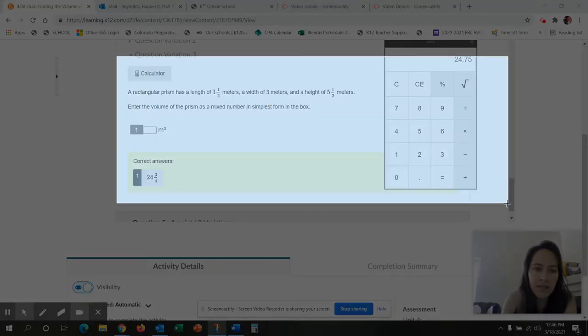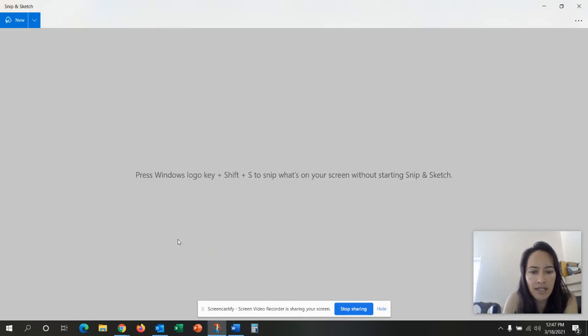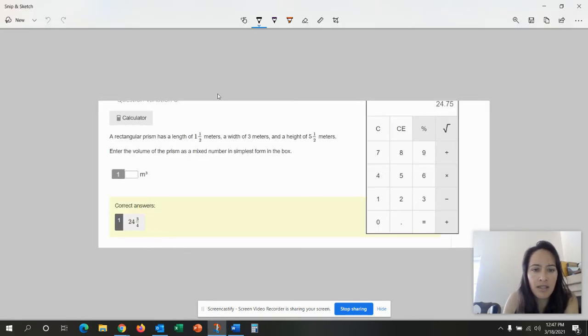I'm going to keep all of that on there. We're trying to get to 24 3/4. Same thing. We're going to do 1.5 times 3 meters times 5.5. We need to make this an improper fraction. 1.5 is the same as 3 halves. 1 whole and 1/2 is 3 halves times